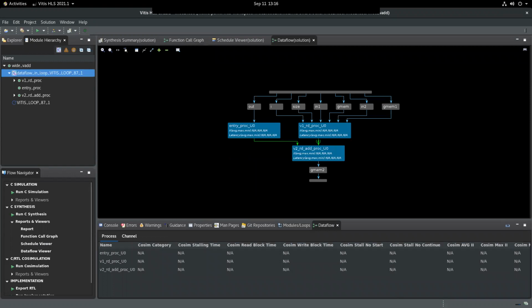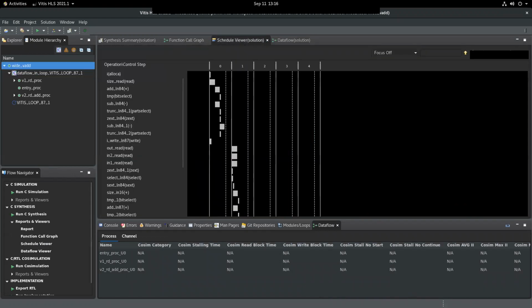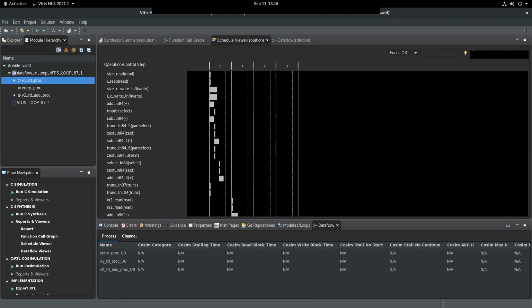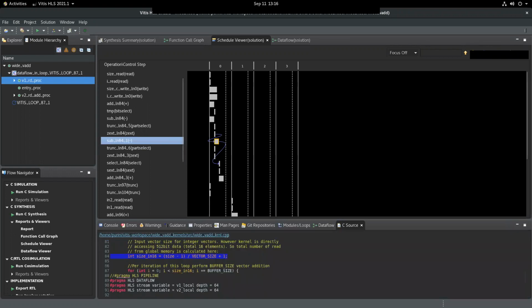So we will look at the data flow thing in the next class. We can just take the schedule viewer and see how the code maps. So you can see, go to source, this particular subtract operation got mapped to line number 84. By looking at the schedule viewer, it is possible to see how your source code is mapped to multiple instructions. Remember, in the case of CPUs, your source code gets mapped to a sequence of assembly language instructions, and those assembly language instructions are fetched, decoded, and executed by the processor.